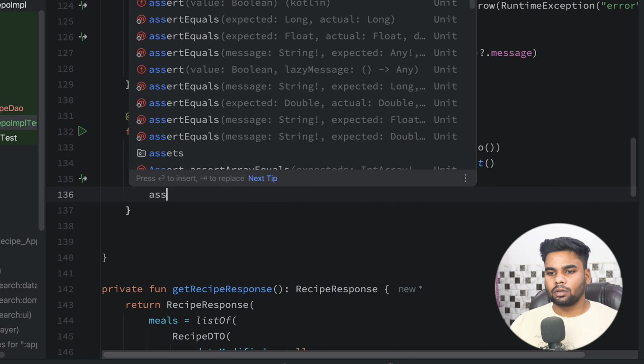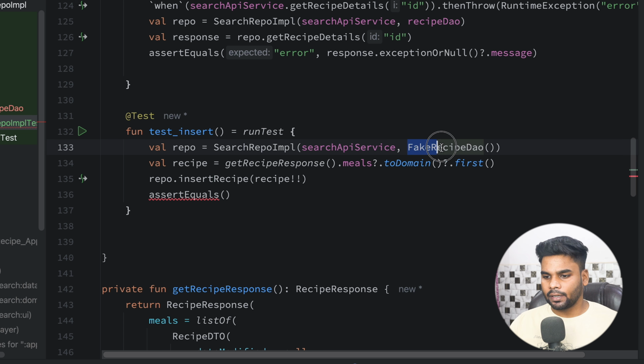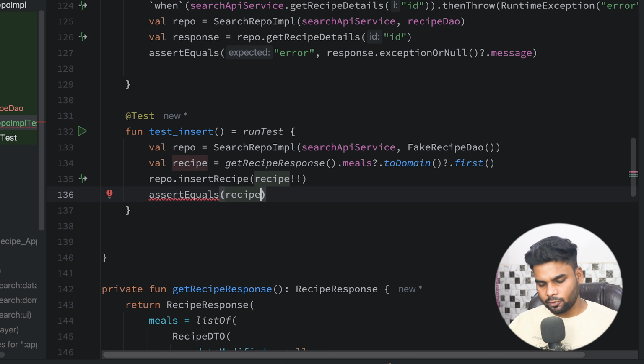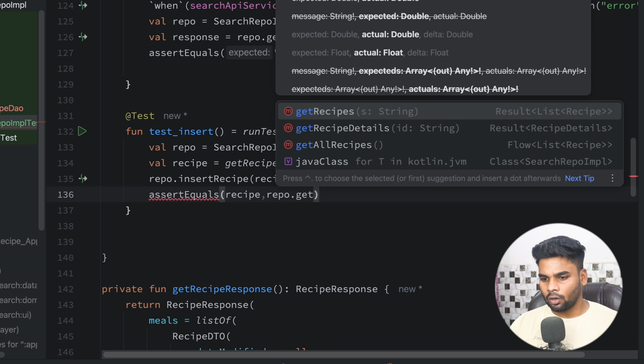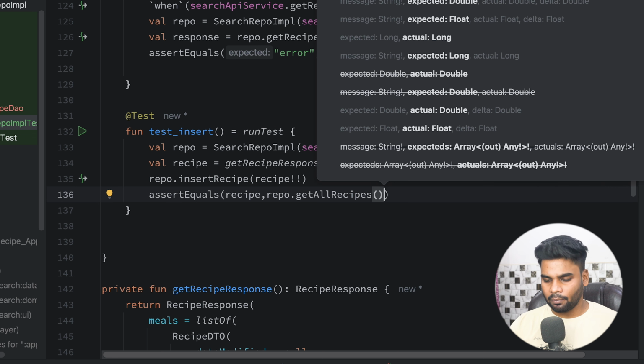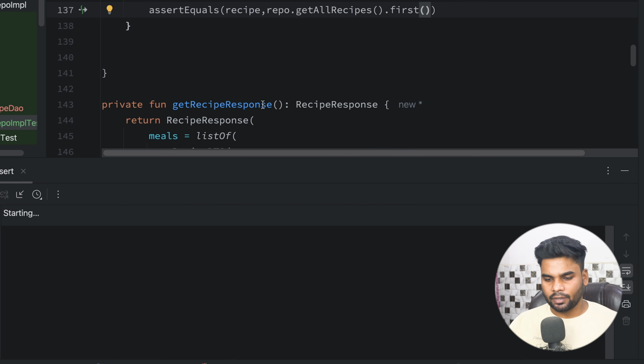All right, so now it's time to perform the assertion. So through our fake recipe data access object, we are having get all a recipe naming function, which eventually return me a flow. So here I'm gonna pass my recipe. So eventually I assume that my get all recipes function will return me a recipe that we had inserted over here. All right, and here I'm gonna use my repository get all recipes, which eventually return back flow, and I'm gonna use its first emission. Now execute this test case,